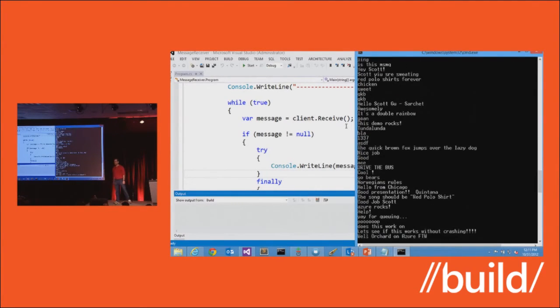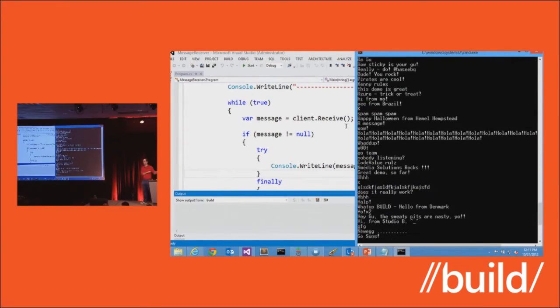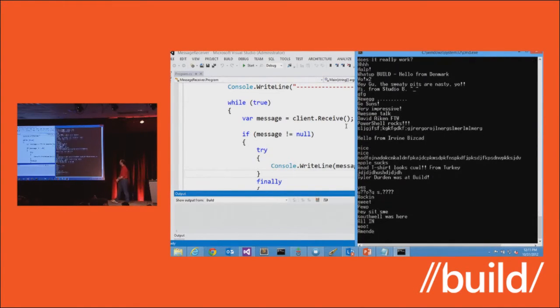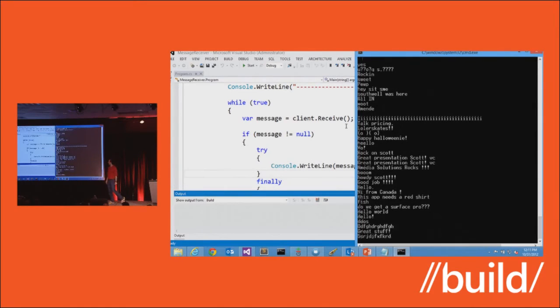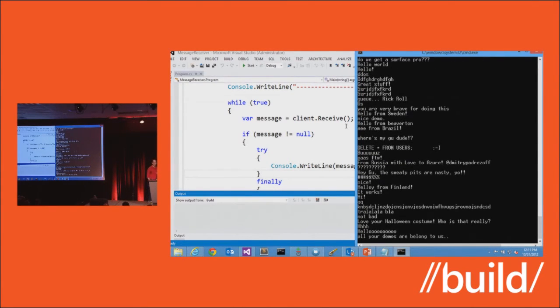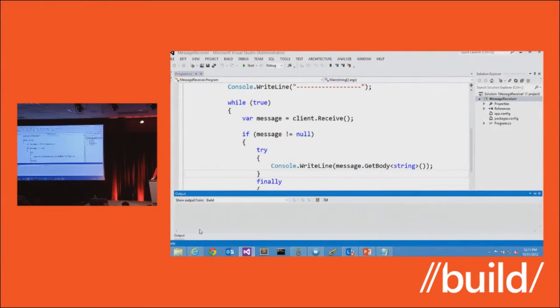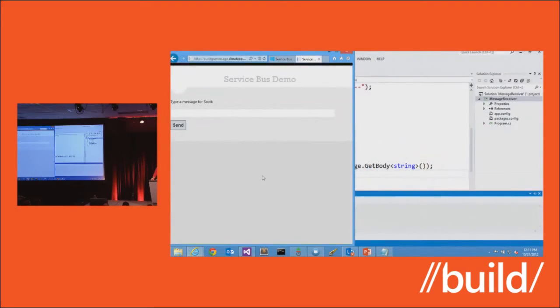And this is a great example of how you can tie together stuff running in the cloud through a web role, firing into a queue, going down to my laptop, displaying. There's a lot of stuff. My guess is there's a big Channel 9 audience watching this, since I don't see that many people typing inside the room. So that's a lot of messages. That's the most I've ever seen. That's awesome.